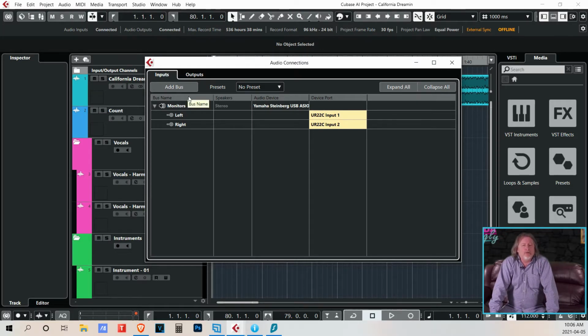There are two microphone/line inputs for the Steinberg UR22C. Here you will see all of the inputs for your audio interface. I will remove all of the inputs and add them back for the purpose of demonstrating how to add and